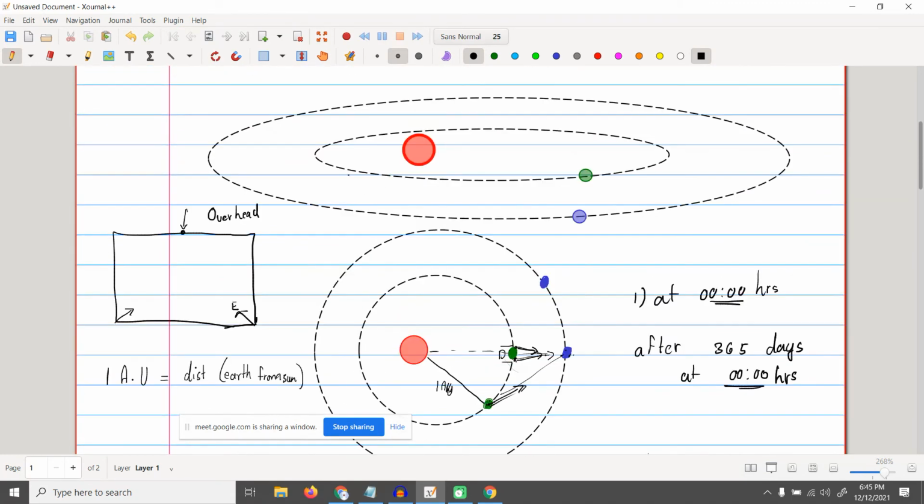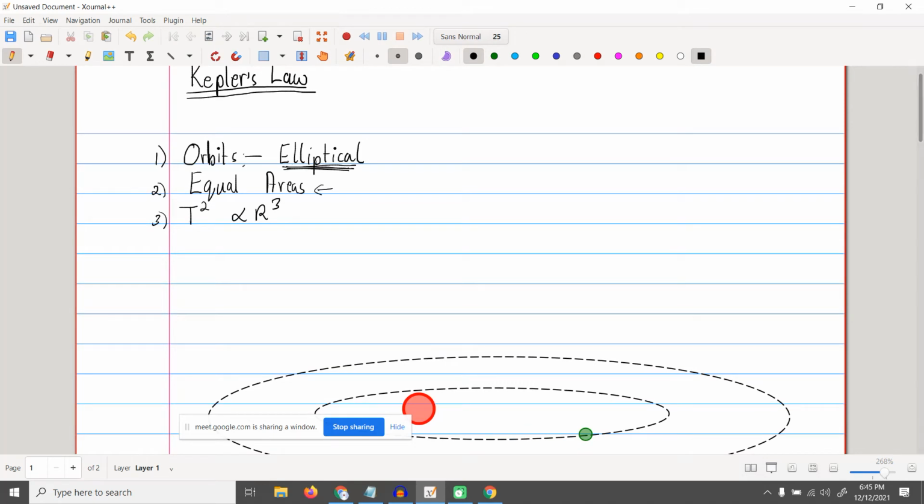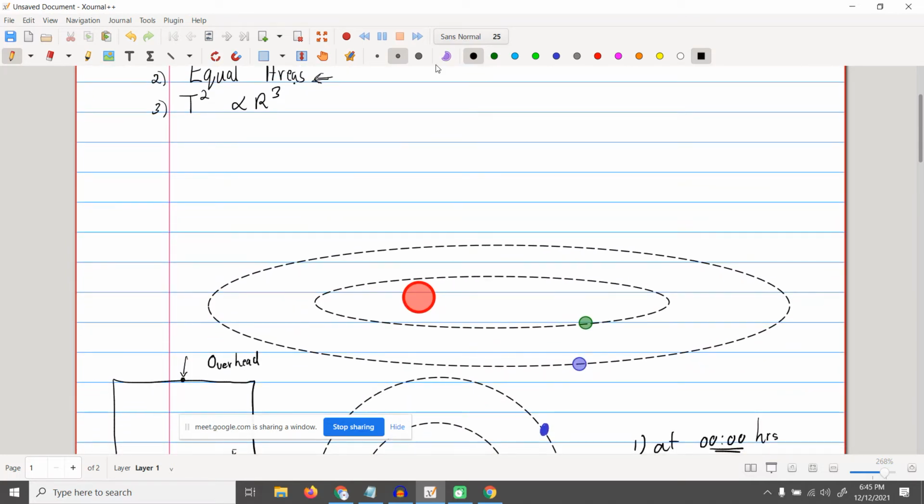We got that orbits are elliptical, and from the speed, we still don't know how Kepler came up with this particular idea of equal areas. What that means is that if a planet is traveling from point A, it's going to sweep a certain distance. Let's say this is 1 month. You all got that? So this is the sun, the planet is over here, and we are going to follow the planet for 1 month, and this planet is going to trace out one area like this. After 1 month, the planet traces out this much area.